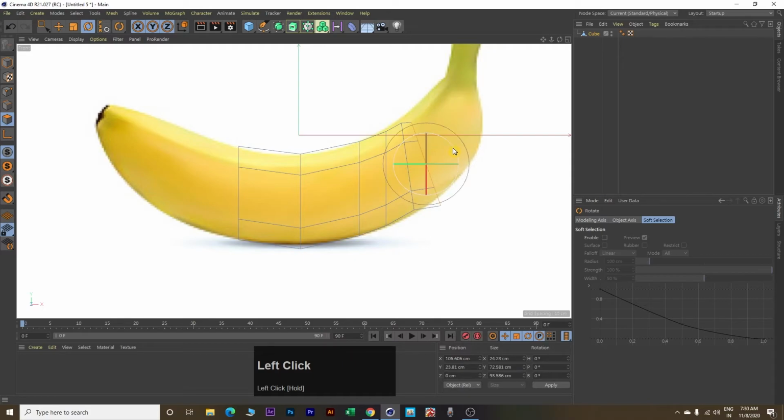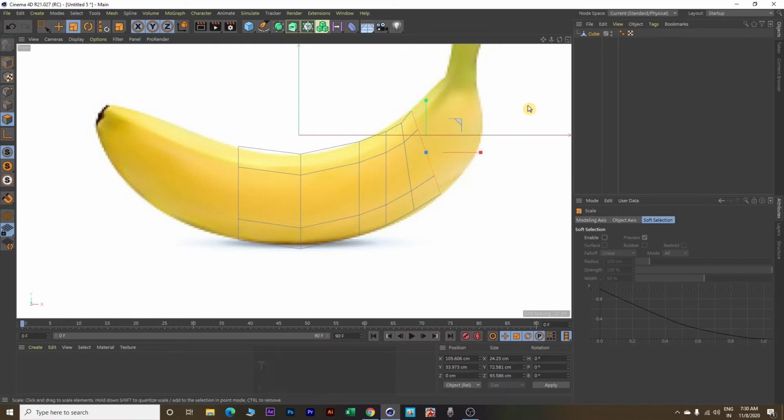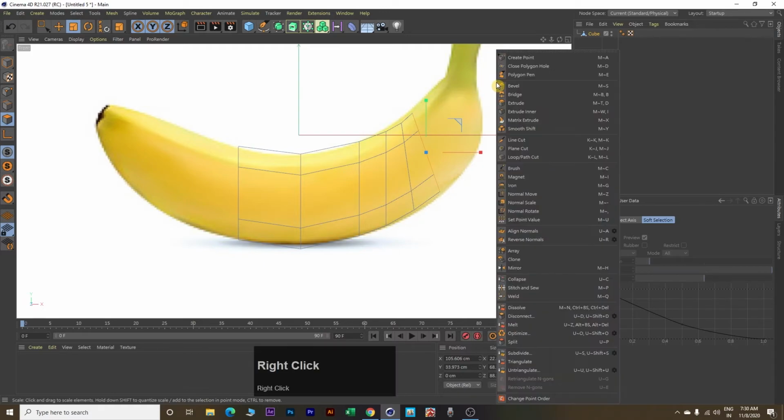Perfect. Now activate the move tool by clicking E and move it a little upward. Activate the scale tool by clicking T and resize a little inward. Next, again use extrude.